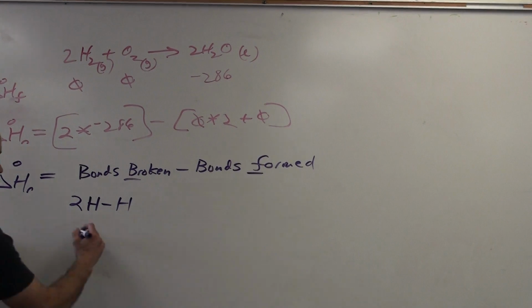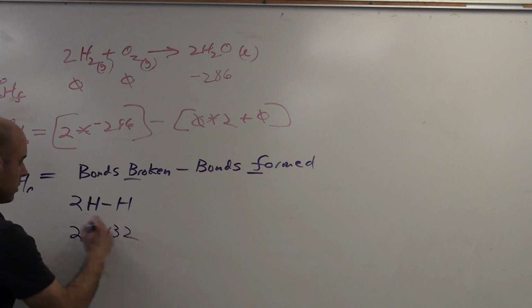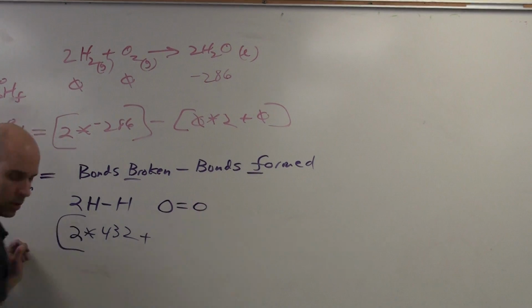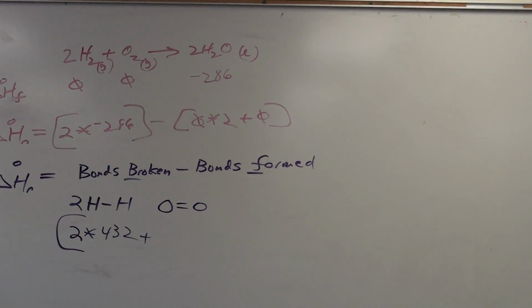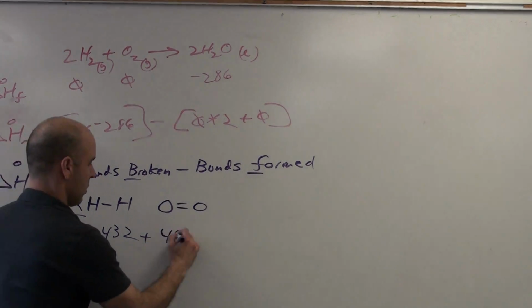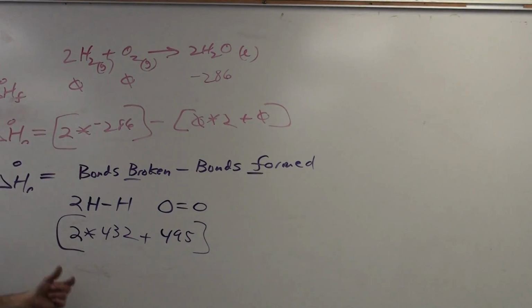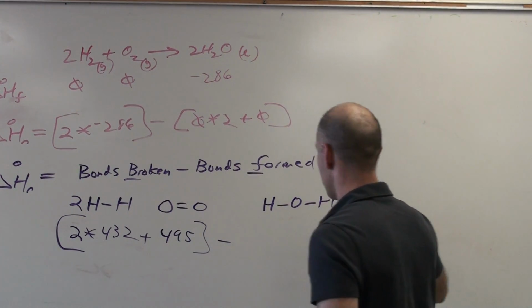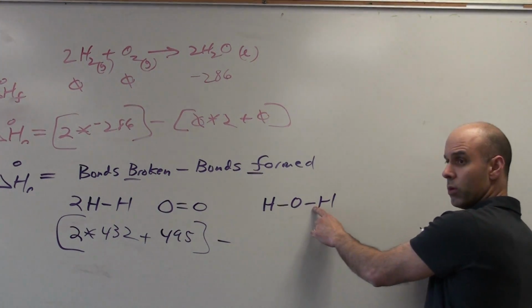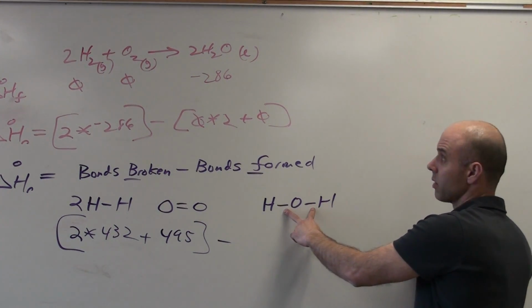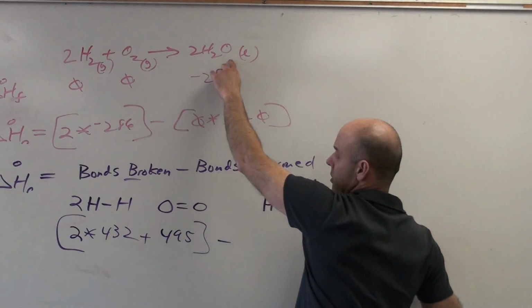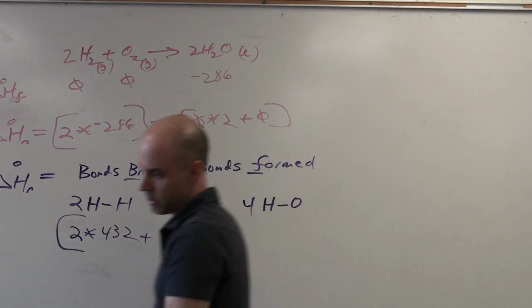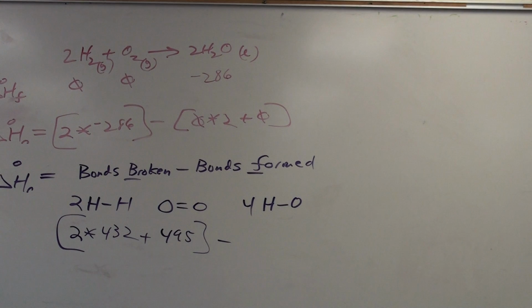That's 432, so 2 times 432 plus my oxygen bond, it's a double, so the bond enthalpy of that is 495. So you add that up and now subtract the bonds over here. I've got 1, 2 OH bonds, and I've got 2 of them, so what I really have is 4 HO bonds, and their enthalpy is